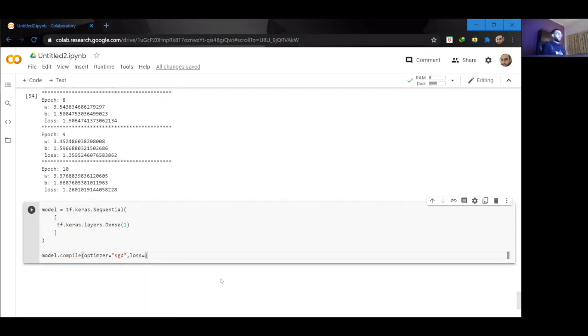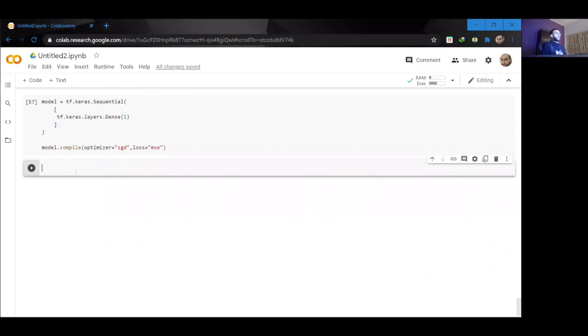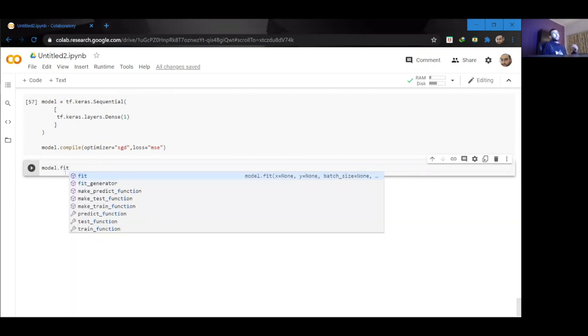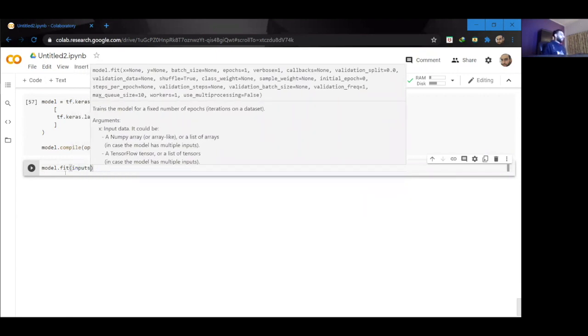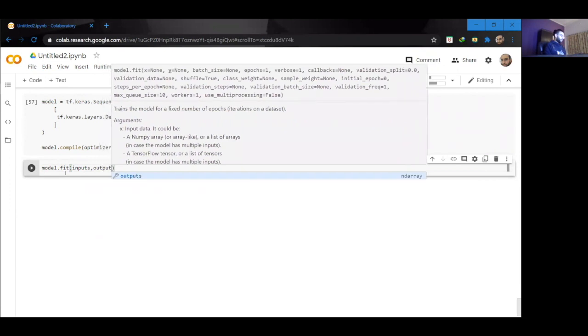My loss is going to be the mean square loss. And now I can just train my model like I did in the previous example. So I can say model.fit. Instead of train, I need to use fit because it is already defined in the Keras API. The fit method trains your model. So I'm going to pass the inputs and the outputs.